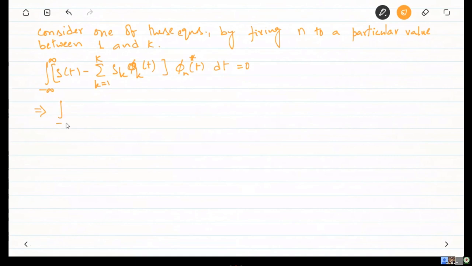So this is nothing but the integral from minus infinity to plus infinity of s of t phi n star of t dt equal to,